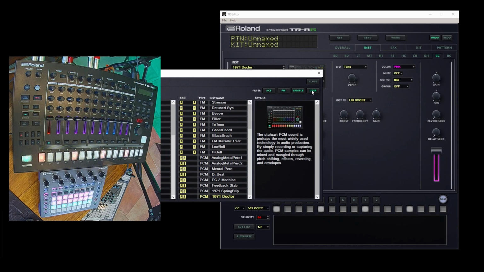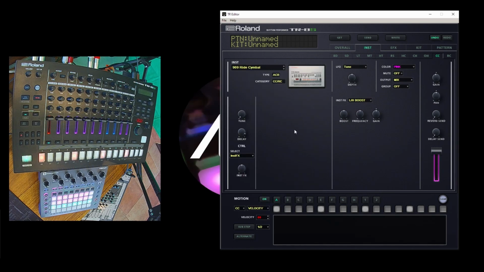I've done 1 or 2 and I find it just a real pain to work with, to be fair. That's one thing that Roland need to work on, in my opinion. It's a great feature being able to import your own samples, but the managing of them is very difficult, I think. I want to adjust the attack of this